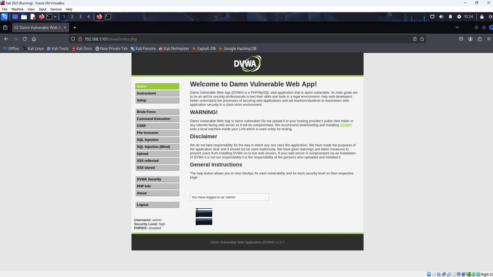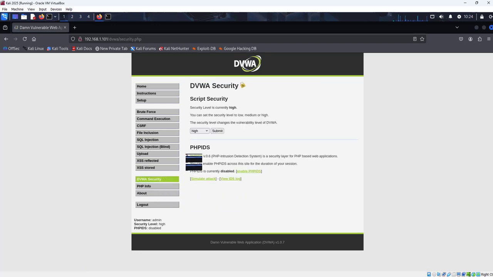So from here, you need to set the DVWA security to low, right? If you forget to do this, then you are not able to perform the lab. So I'm gonna click submit. So this is important, right? So log into DVWA, change the security to low,